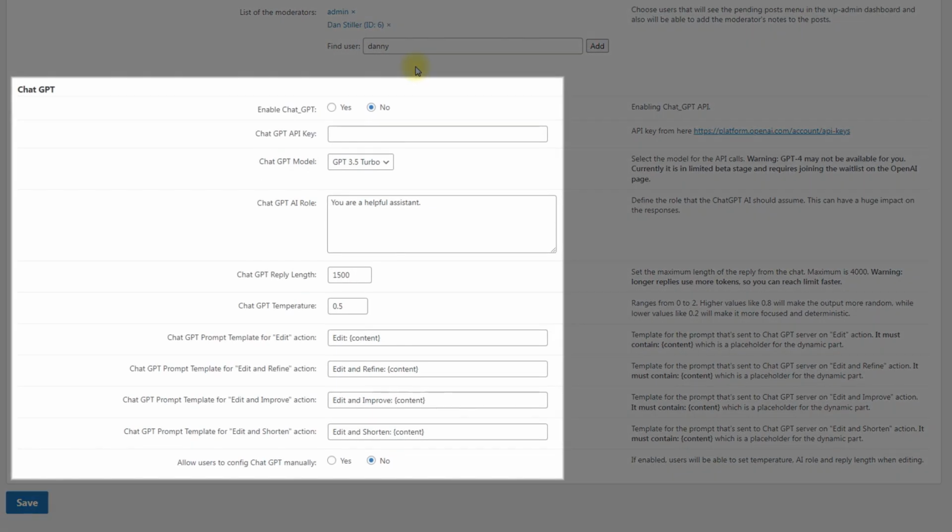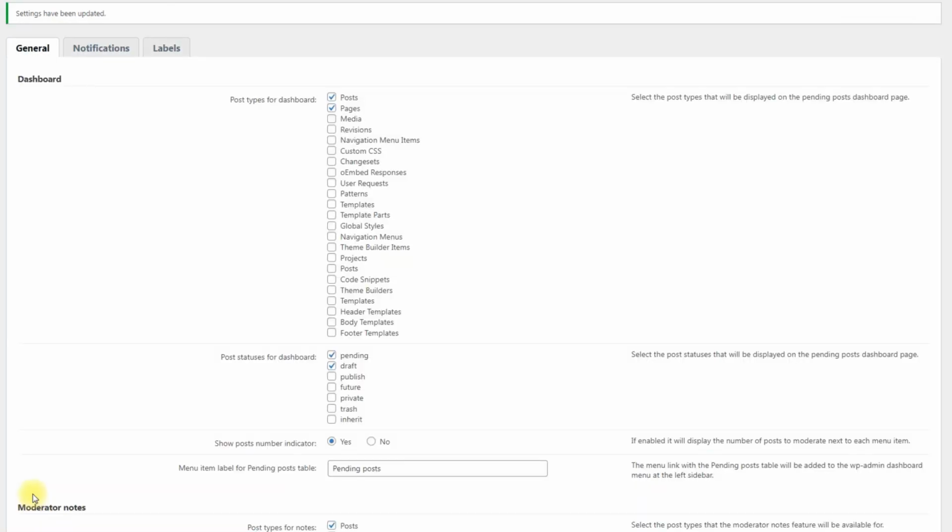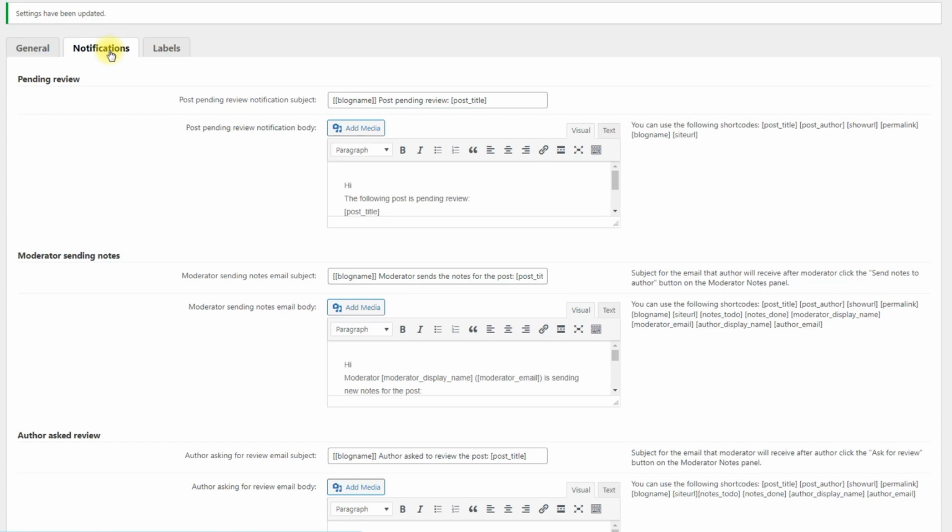The last section allows you to enable the integration with ChatGPT. Learn more about this integration in our other video. Now click the button Save to save the changes. Next tab is Notifications. After a content contributor submits a post for review in the usual way, the plugin begins